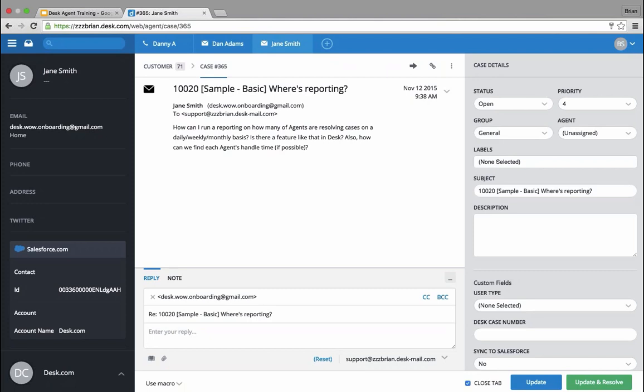Then on the right panel, we have our other case related information, which is our case details in addition to status. We see that we have priority, the internal group assignment, agent assignment. We can also add various labels quickly to identify the type of case. Again, labels are great for categorizing cases, or